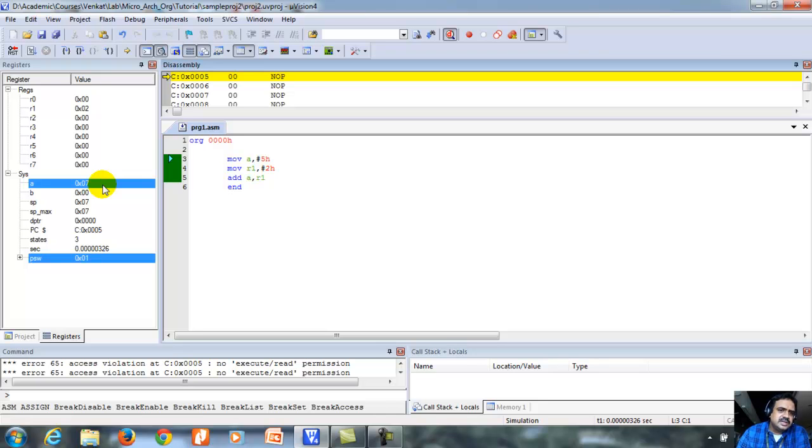So once you practice this and get familiar with this, you can use this button. For example, if you are going to use a loop, if you are going to use a step-in function, you will be doing it forever. There we require to use this particular run button, which will run it in a single step. Got it? So these are some of the various functionalities available with the Microvision 4 tool, which you can use